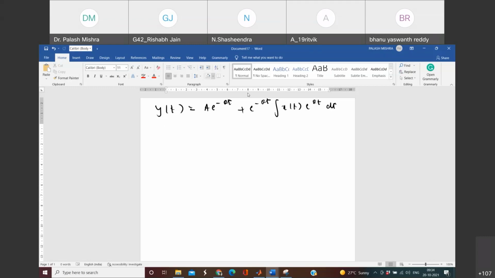Now tell me, is this the absolute solution? Because there is an integral term involved, you have not got your final equation. It should be in terms of some constant values plus some function. There cannot be an integral or a differential equation in the solution of a function itself. It should be an absolute equation. So you will solve this integral, and again you have to apply the same formula, x into y.